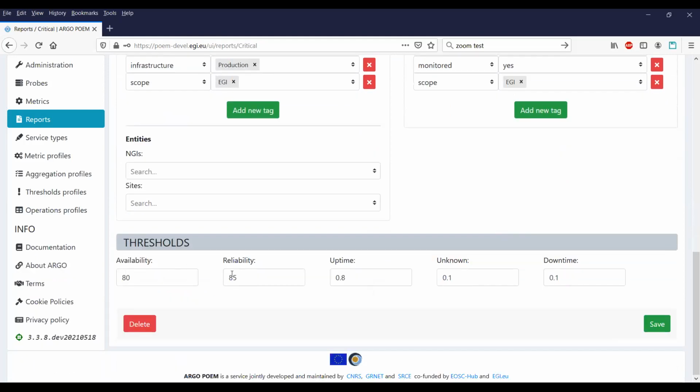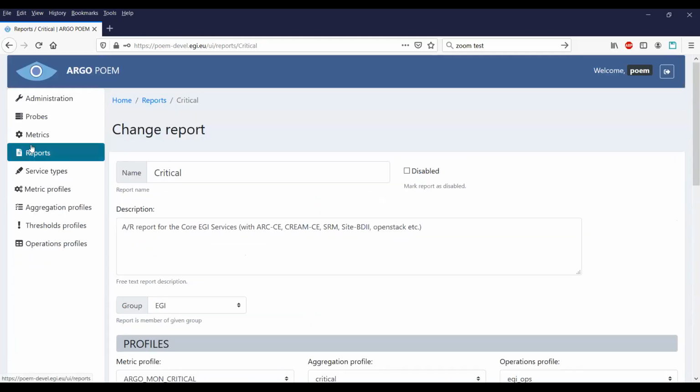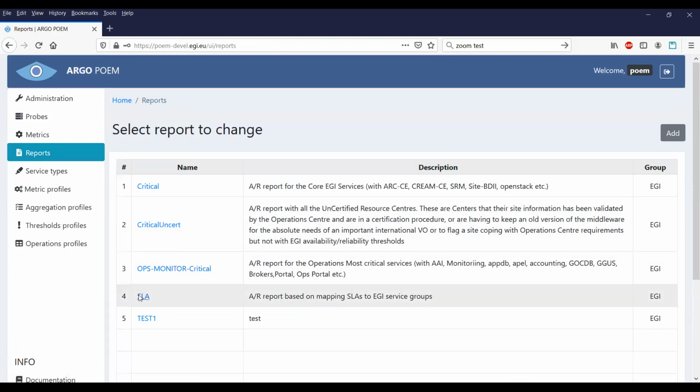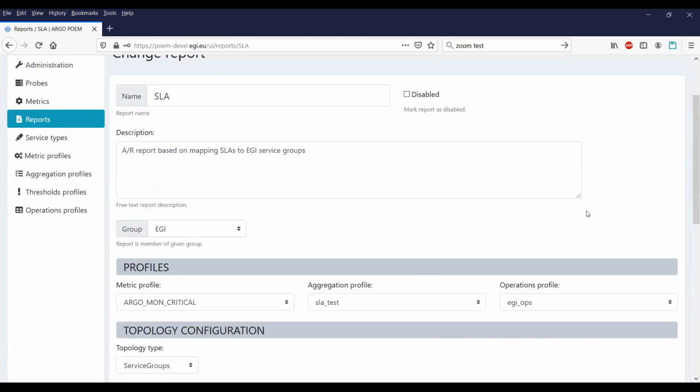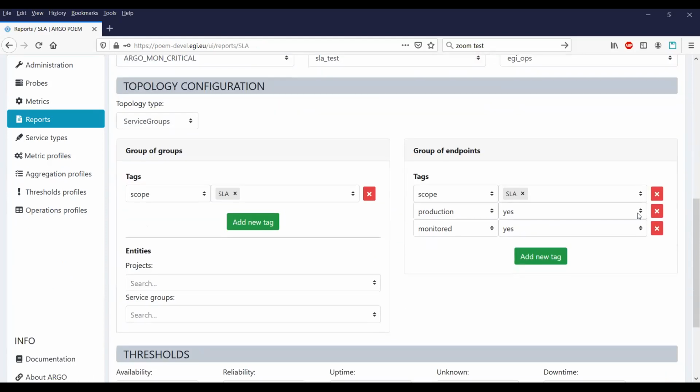And this is where you can cheat, and where you can define thresholds for when you're green, yellow or whatever. So these are the reports. I wanted to show you the SLA. These things use the same information just in a different way.